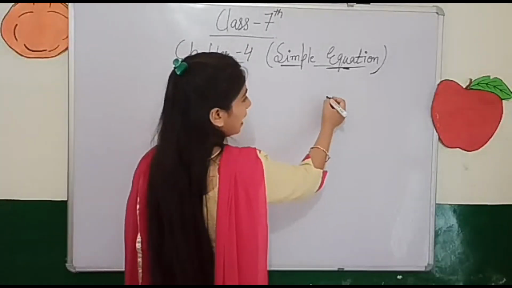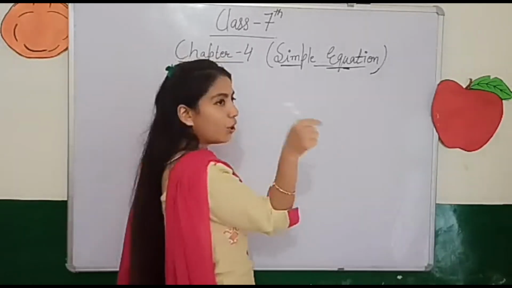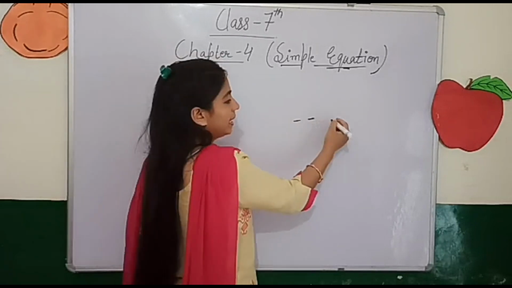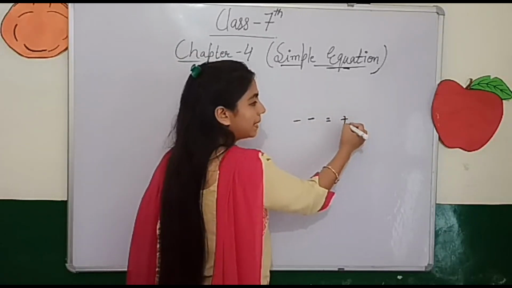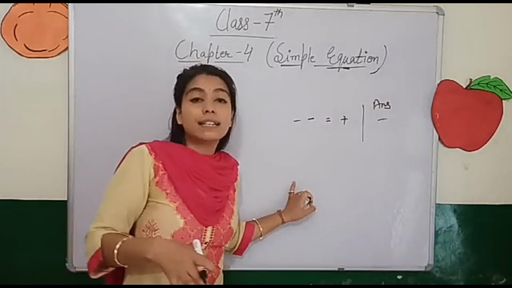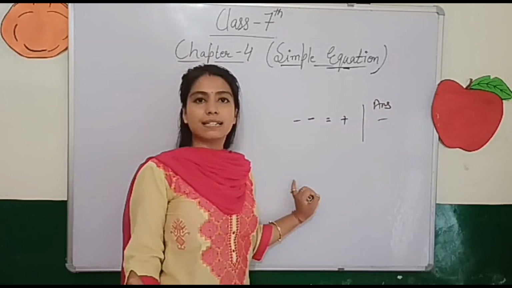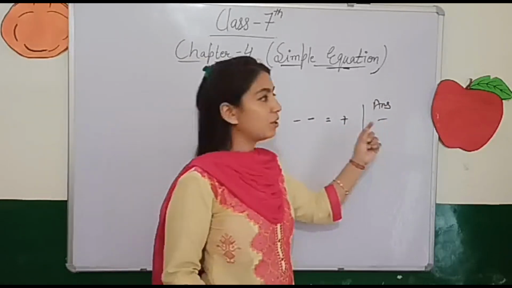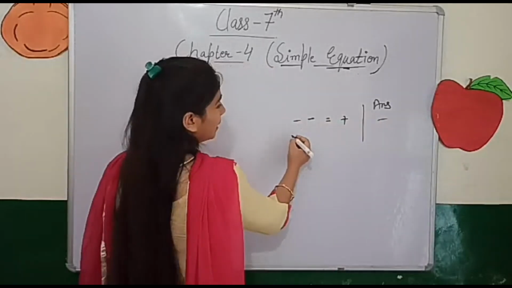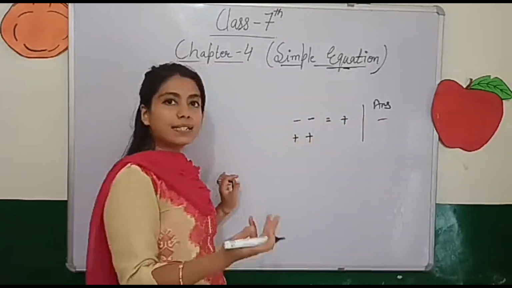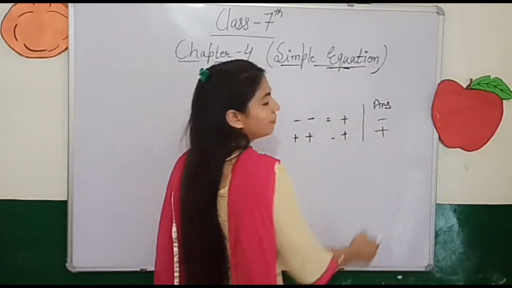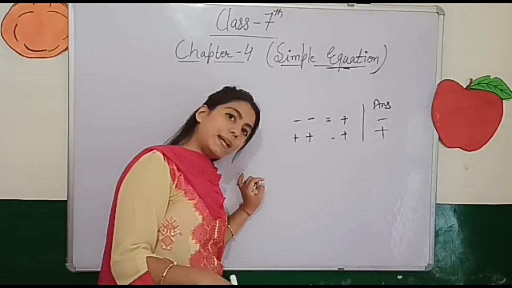The rules are related to sign. If in your question there are negative signs altogether, then you do minus minus plus, and in the answer you write a minus sign. That means at the last, when you get the answer, you put a minus sign because both terms are minus. Second, when you have both plus terms, then plus plus plus. There is no confusion, so in the answer also the sign will be plus.